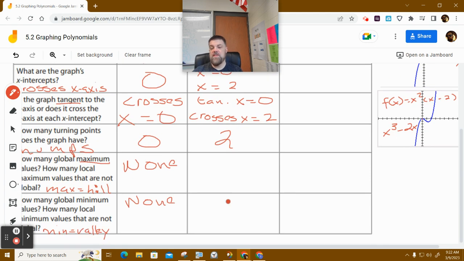Okay? Now, the minimum value and maximum value for the whole graph, the global max, the highest it can be is infinity. But it does have a local max, and that local max occurs right here. So it has one local max, okay? And just by coincidence, that occurs at x equals 0. It has one local minimum,